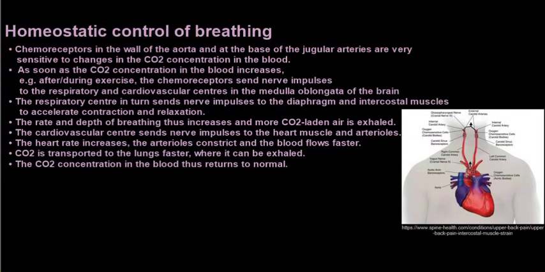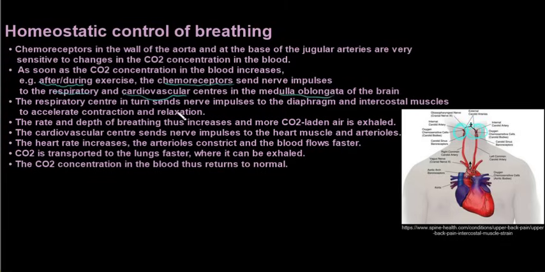Homeostatic control of breathing, how is that done? So in your body, you've got chemoreceptors in the walls of the aorta and at the base of the jugular arteries that are very sensitive to changes in the carbon dioxide concentration in the blood. So there on the right hand side are those chemoreceptors I just mentioned. Now, as soon as the carbon dioxide concentration in the blood increases, so this can be after or during exercise, these chemoreceptors will send a nerve impulse to your respiratory or your cardiovascular centers in the medulla oblongata, and the